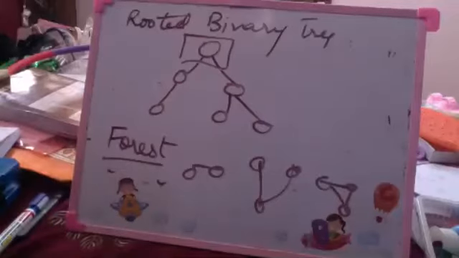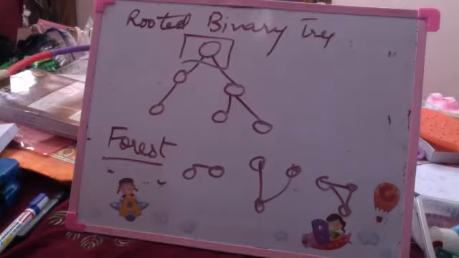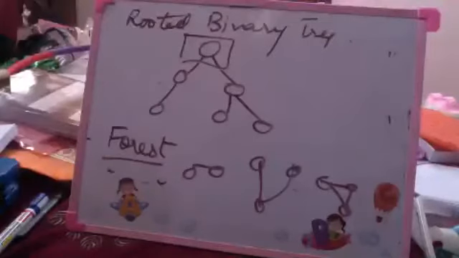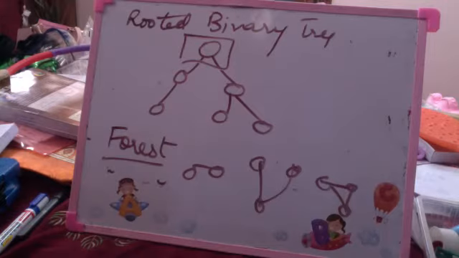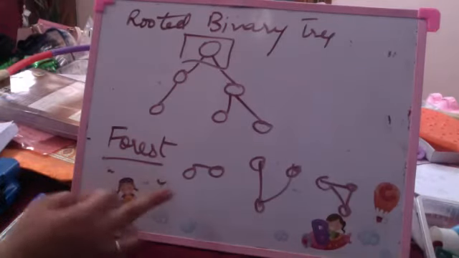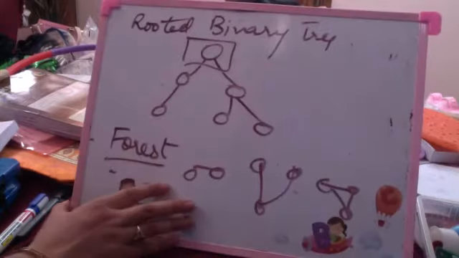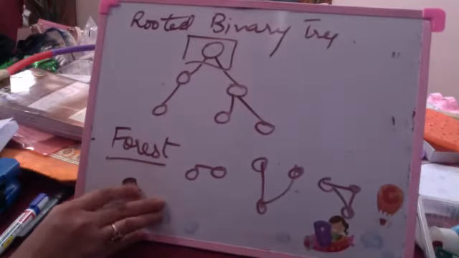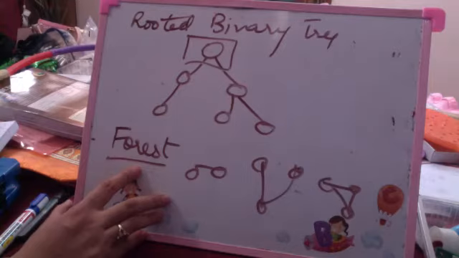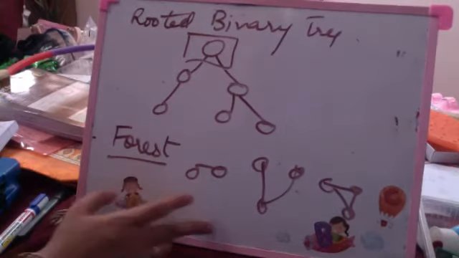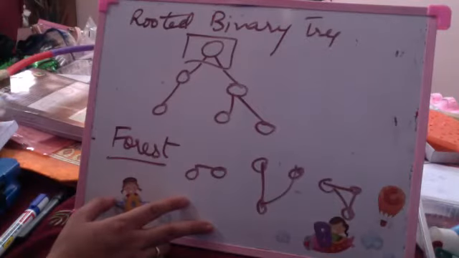Ma'am, forest एक बार repeat कर दीजिए please. Forest has many trees, बस इतना ही, किसी भी टाइप के हो सकते हैं many trees. M-ary, 3-ary, 4-ary, rooted, non-rooted, कैसे भी trees का collection, that is called a forest. Forest में आम का पेड़ भी होगा, सेब का भी होगा, जंगली भी होगा, everything will be there. घास भी होगी, एकदम जीरो लेवल का just cut tree भी होगा, and so on. That similar definition goes for a forest. Any type of collection of trees which are existing there is called a forest.